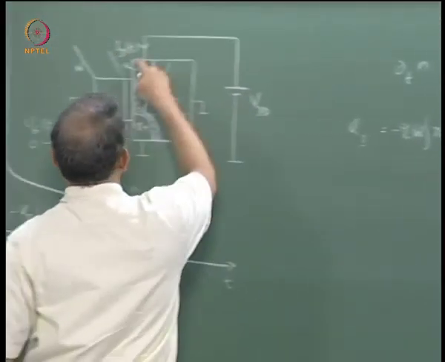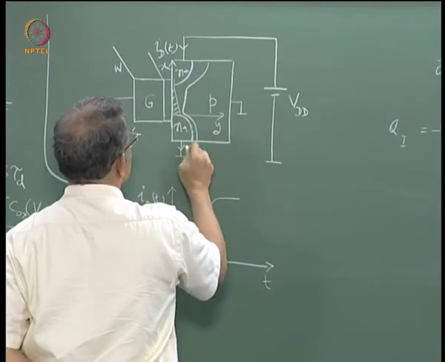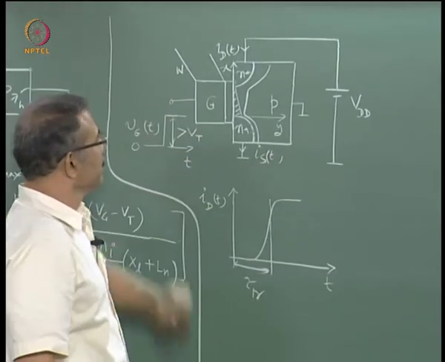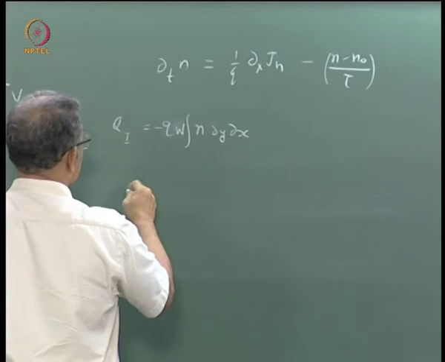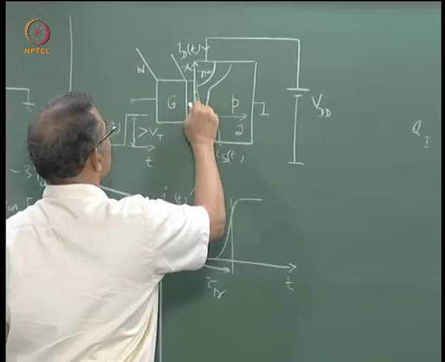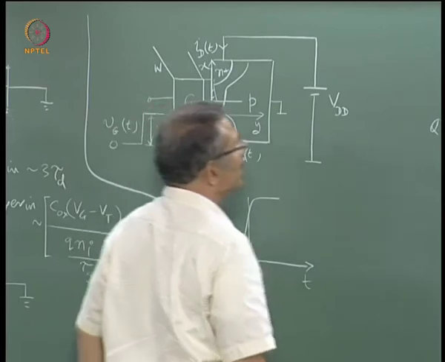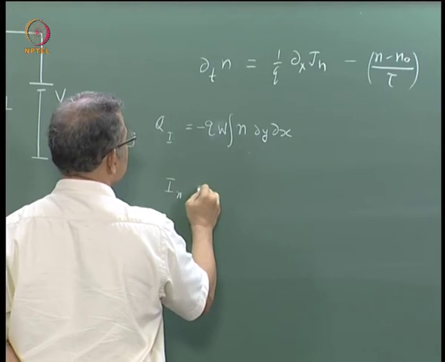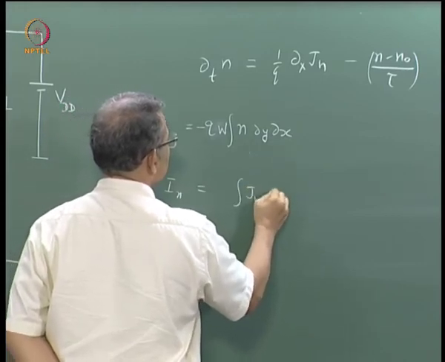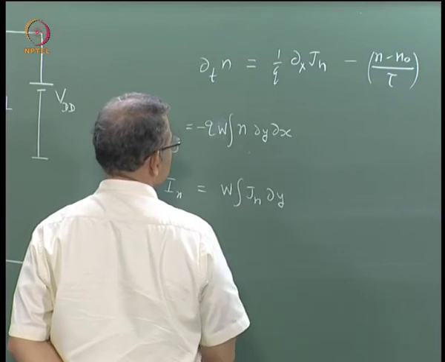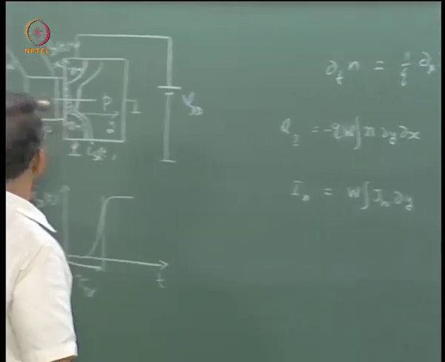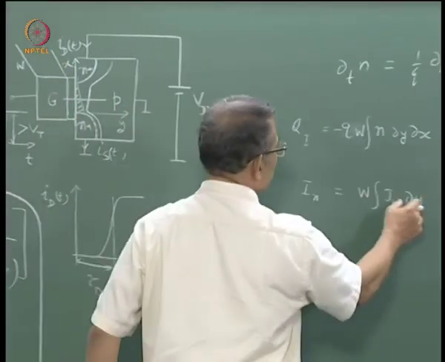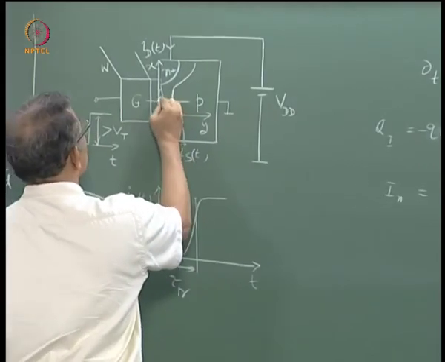Now let us look at the currents Id and Is. So Is is the current here in the source. Now current anywhere, you want to get the current. How do you get the current? From Jn, well, your current In at any x is equal to the integral of Jn dy times W, okay. So you are integrating over y and you are taking W, that is the width in that direction. So W dy is nothing but the area of cross section of the current flow, right.